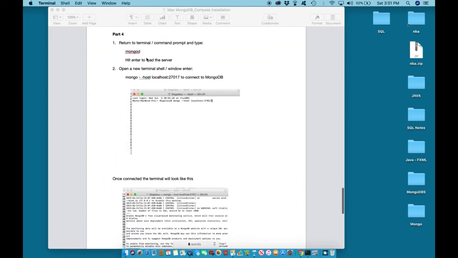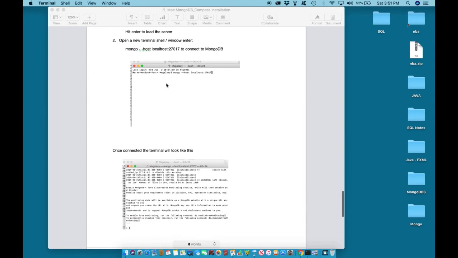Once you've done this, return to the terminal and enter the command mongod and hit enter. This will load the MongoDB server. Once the server is loaded, open a new terminal window. So you are opening a second terminal window. And in that window, type mongo